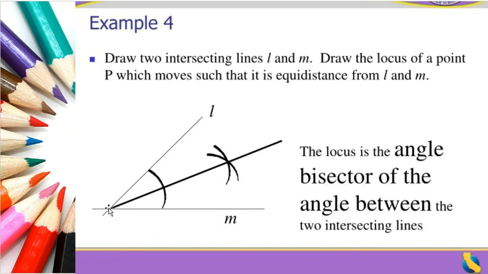So how will we construct the angle bisector? We will open our compass 3 centimeter, keep it on this point and mark an arc like this. And similarly from these 2 points we will mark arcs in the center and then draw the line from this common point passing through the intersection of these 2 arcs. This is how we will construct the angle bisector.